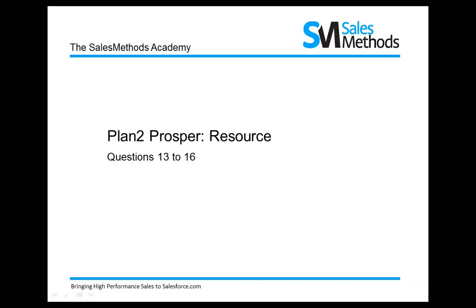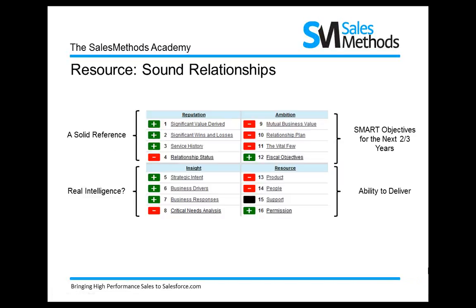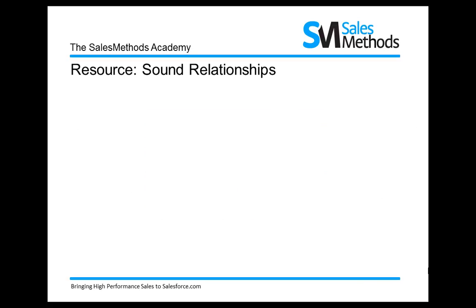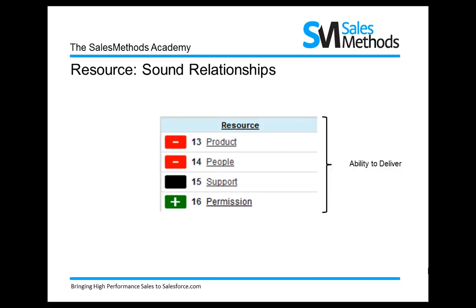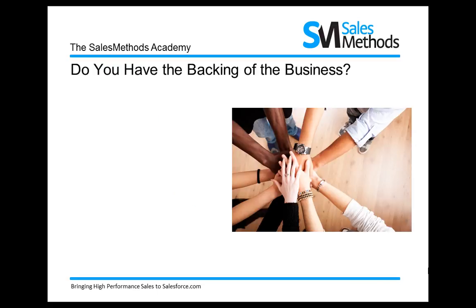Welcome to the last set of 4 questions in the Plan to Prosper account development methodology. This section on resource is essentially an inventory approach to ensure that you have, or are in the process of securing, the vital personal and business resources to support your ambitions in the account. In making sure you have the right products, people and support, and in ensuring you have the permission to commit the required resource, you will ensure you have the ability to deliver on the promises you will make to your